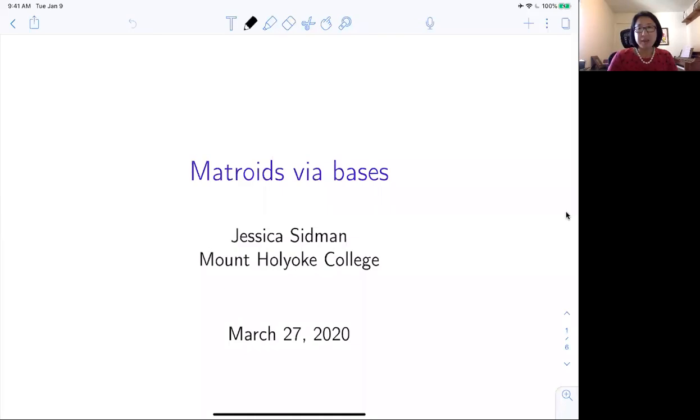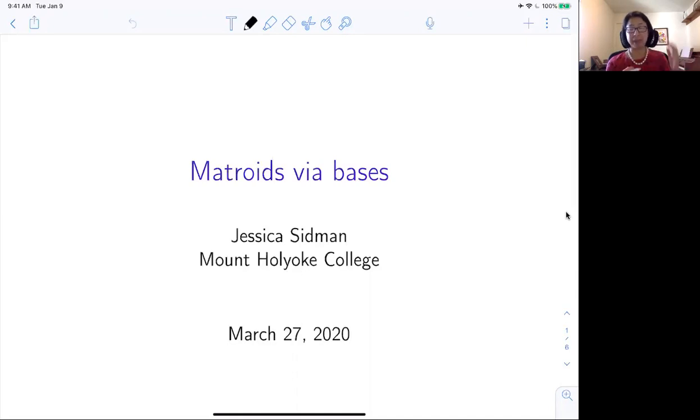Hi, everyone. So in the previous lecture, we defined a matroid in terms of its independent sets. Let's just remember for a minute, what is a matroid? Well, for us, it's a finite set and a collection of subsets. These subsets are what we call independent sets, and they have to satisfy the same properties that linearly independent sets of vectors have to satisfy. And so just like we have independent sets in a matroid that parallel linearly independent sets in a vector space,